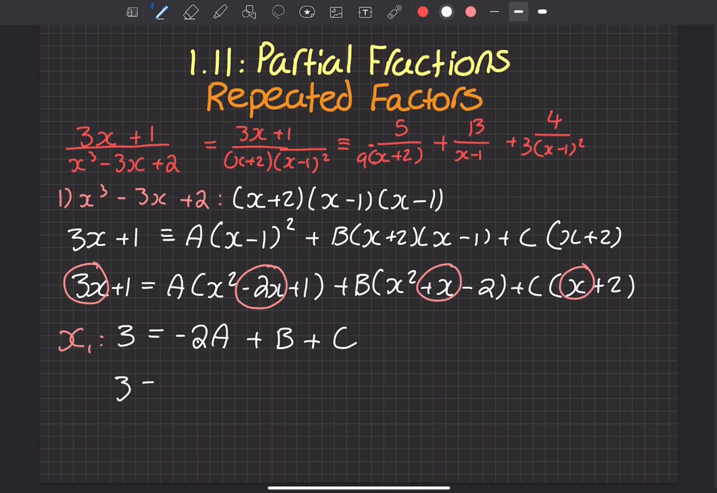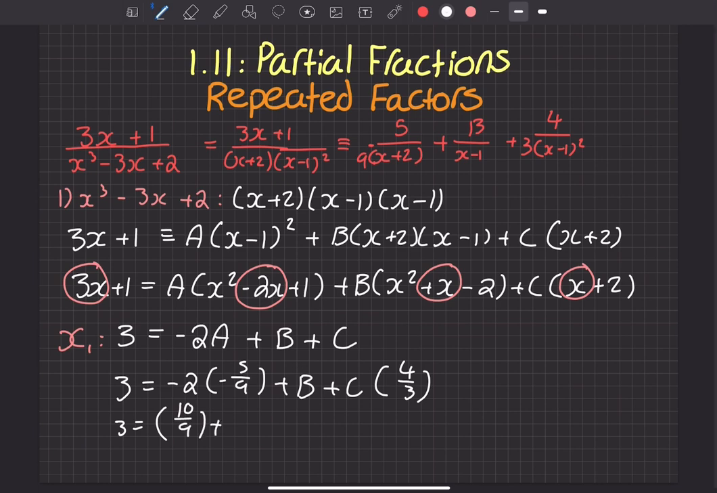So we have 3 equals minus 2, a we said is minus 5/9, plus b plus c, which we said is 4/3. So we have 3 equals minus 2 times minus 5 is 10/9, plus 4/3. We'll multiply top and bottom by 3, so we'll have 12/9, plus b, right? And